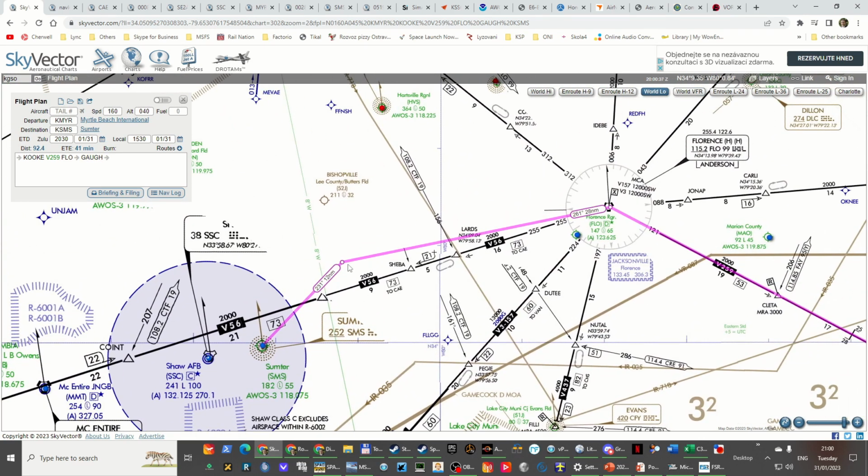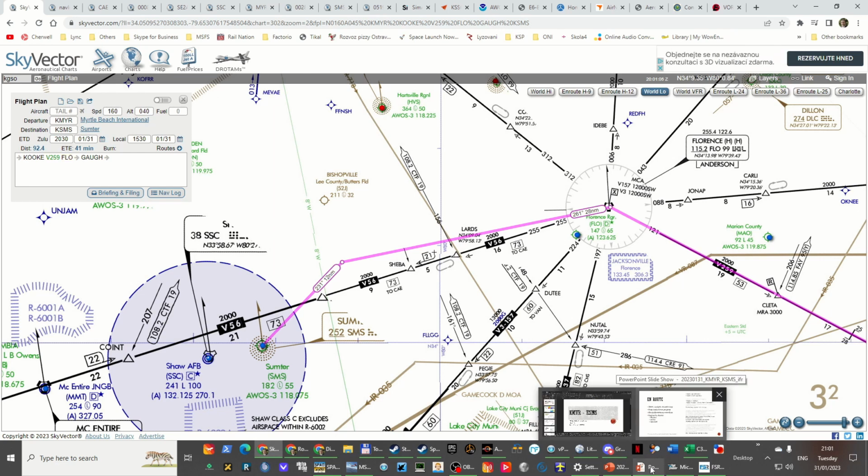If you can see, this portion from GOG to Florence VOR is 28 nautical miles. So at a point that we are crossing this, we are already within the terminal arrival area, and we are already in the published approach section of this,